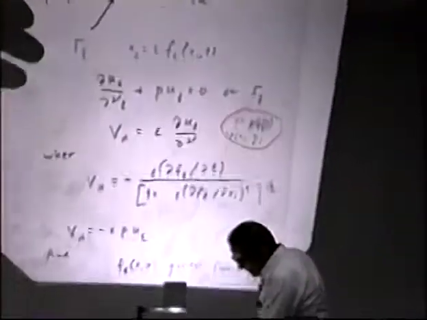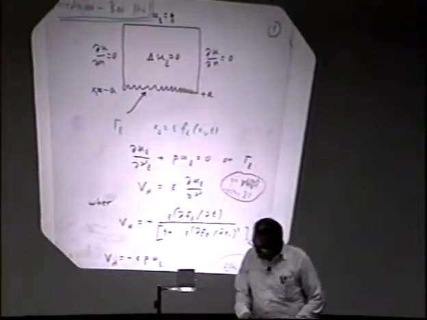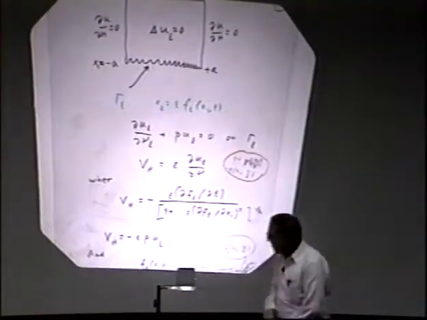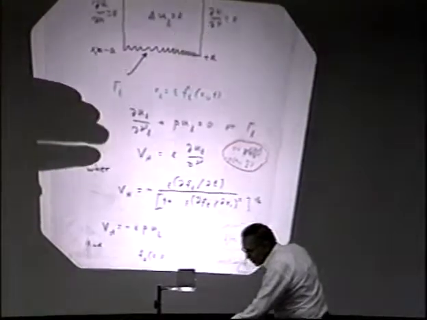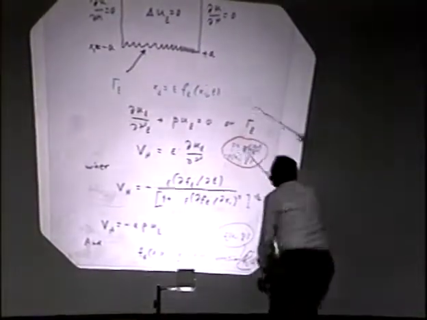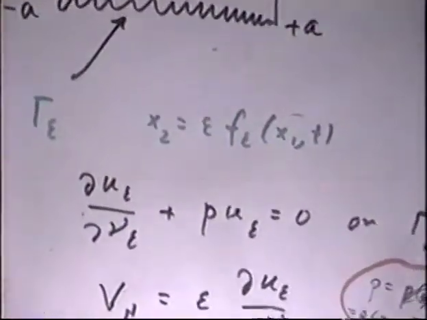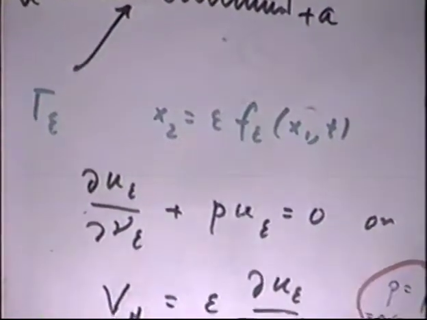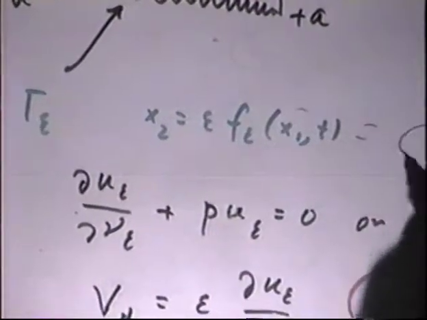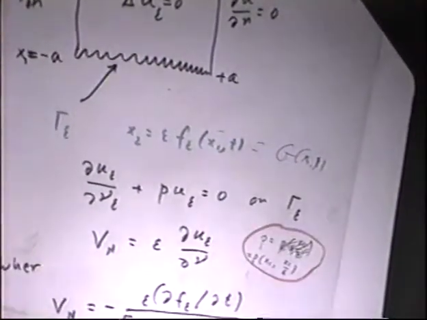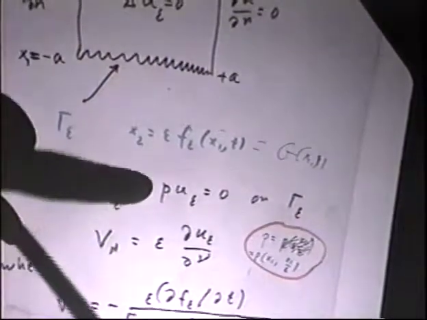Now, where is the epsilon appearing here in the data? I mean, why don't I just call epsilon times f epsilon a different letter, and there is no epsilon there at all. I can just call it, say, g of x1 and t. Where is the epsilon? The epsilon comes from this p,